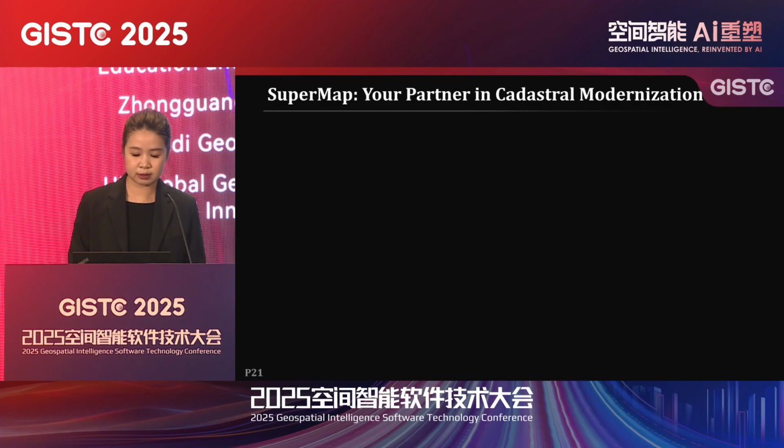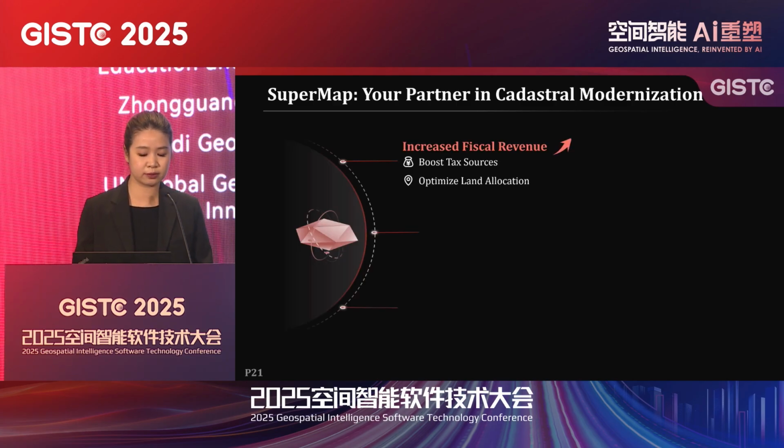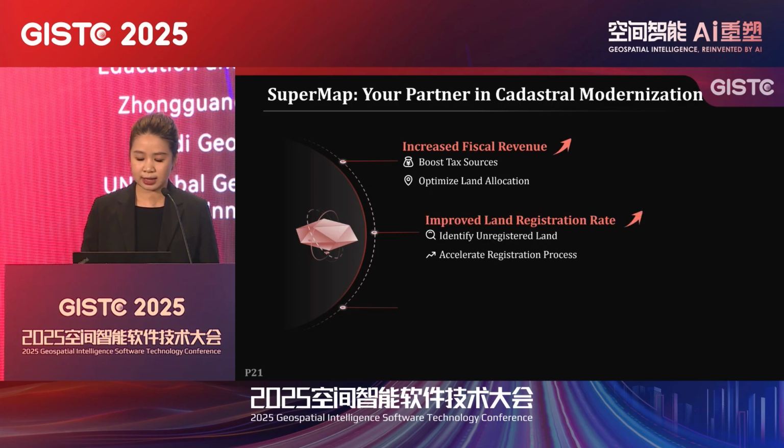To wrap up, SuperMap's cadastral management solution is a tested, powerful approach to land modernization. It brings several benefits, such as increased fiscal revenue by leveraging tax bureau data to boost tax sources, ensuring fair and comprehensive property taxation, and enabling you to optimize land allocation, ensuring land is used efficiently and profitably for development. Also, the land registration rate can be improved by helping you identify unregistered land,